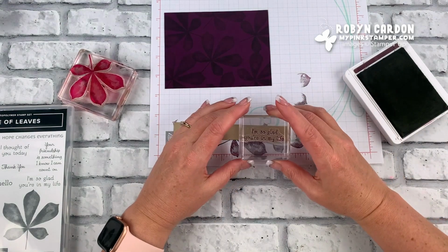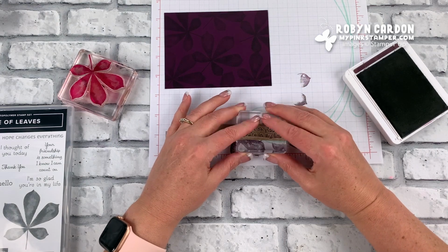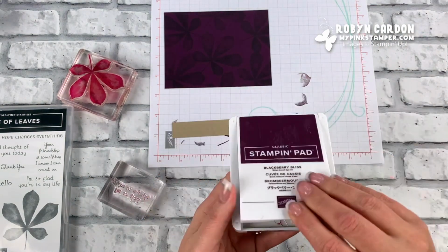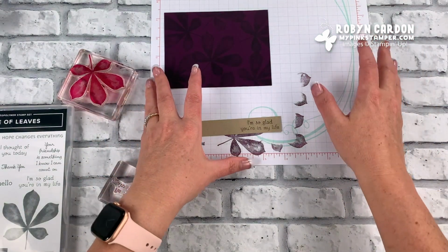All right. Let's just put this right here. I'm so glad you're in my life. I'm sure you can find someone that you can give this to. And I used thank you on the cards that I sent, but I am so glad that you're all in my life too. So I really could have used either. Okay, now